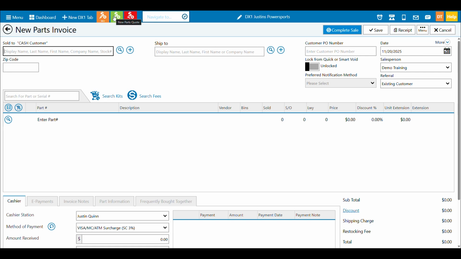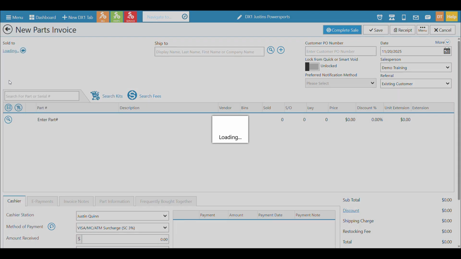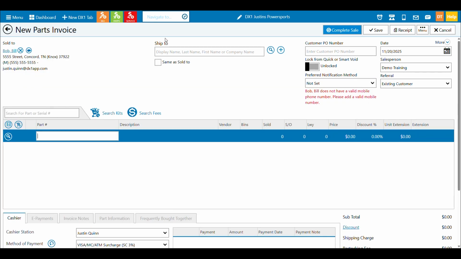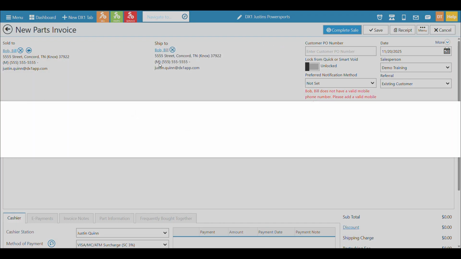All right, so let's talk about the components of a parts invoice, and we're just going to take it from the top left and work our way down. So we've already talked about invoice concepts. In previous chapters, we've talked about how you can add customers to an invoice. Here's where you're going to do that again. By now, if you've watched all the chapters, this should be kind of common knowledge about what we're about to do. But again, we can look here and we can select a name. We can find a customer that we want. We can put them in. We can decide if we want to do a ship to, anything along those lines. If I want to, I can check the box.